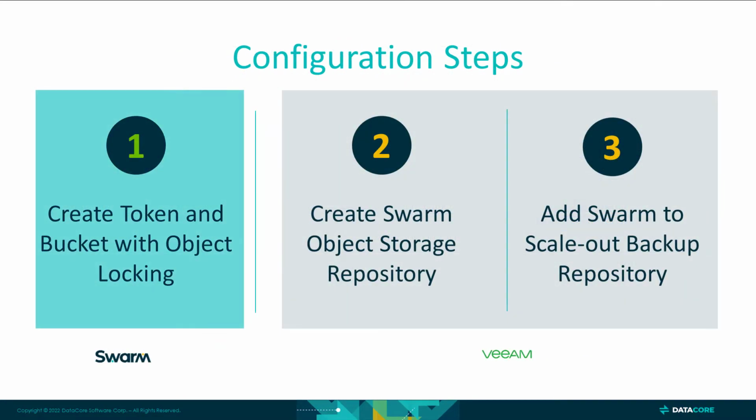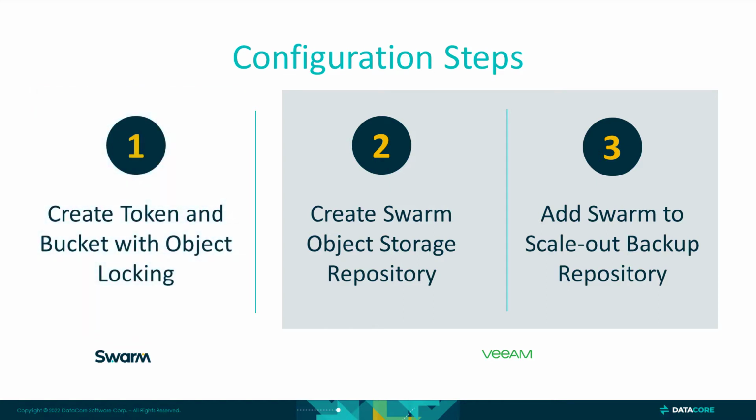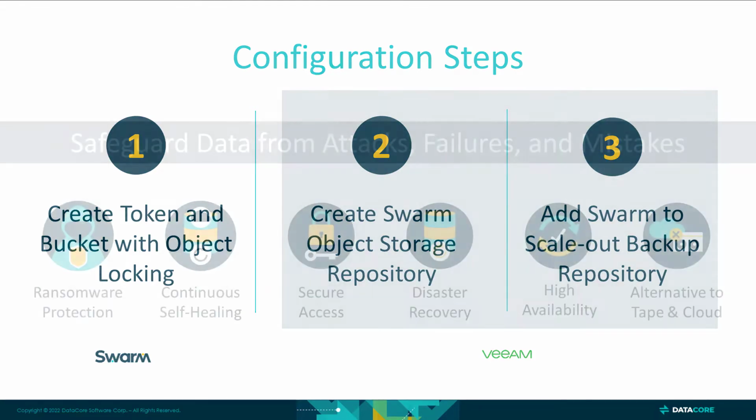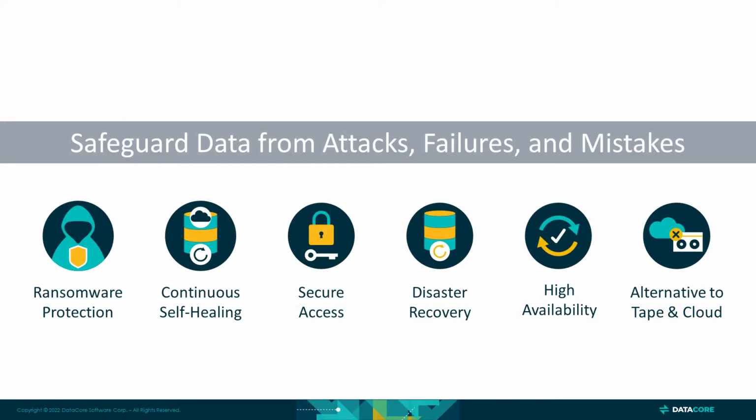The process starts on the Swarm cluster with the creation of two elements needed by Veeam: a token for secure S3 authentication and an on-premises bucket with object locking. We can then add Swarm as an object storage repository for backups, using it as the capacity tier in Veeam Scale-out Backup Repository. This is where immutable copies of backup files will be stored for protection against ransomware, hardware failures,